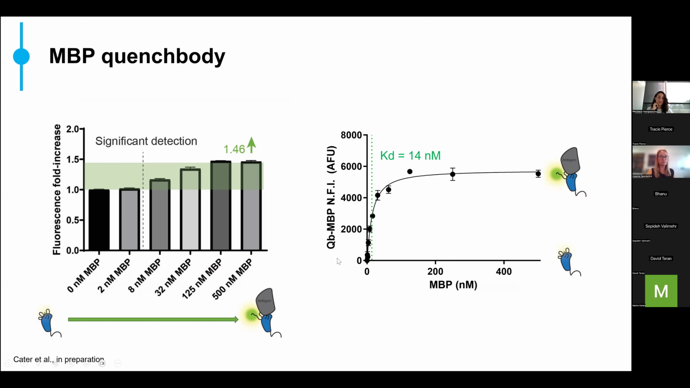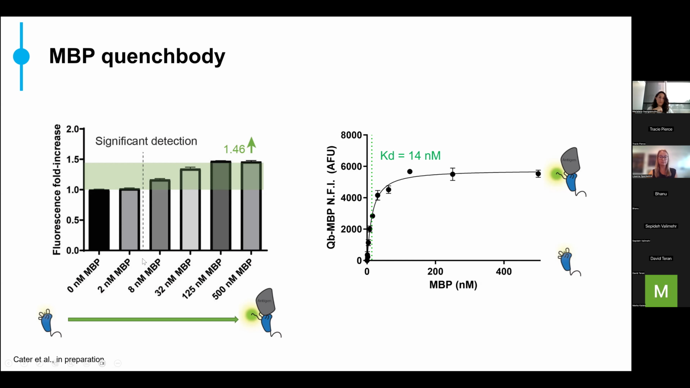And here I show the example of MBP, maltose binding protein, which is obviously not a very interesting clinical target, but it is a nice protein to start working with and trying to detect. And they were able to get a performance of these quench bodies of 1.46. So you can see a titration here where we measure the fold sense, so this performance, going from no antigen all the way up to 500 nanomolar of MBP, and you see that you get this beautiful increase in fluorescence depending on the concentration of your antigen, with significant detection down to low